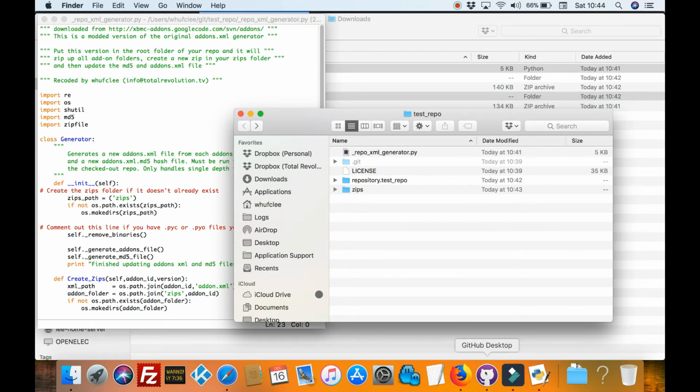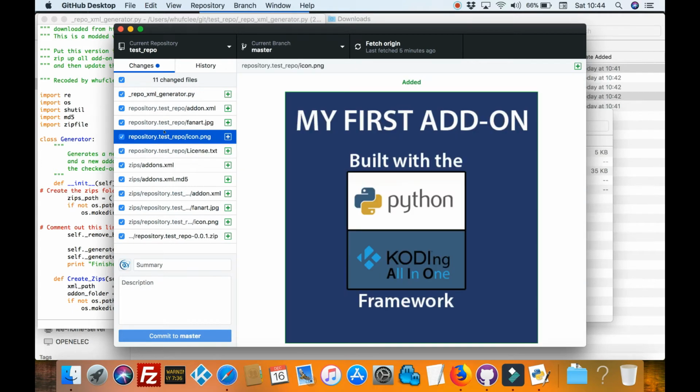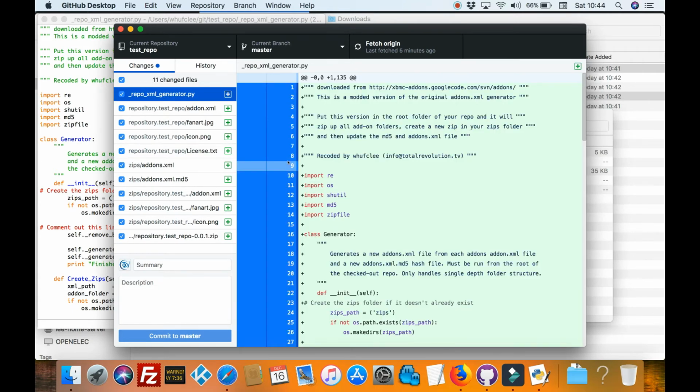Go back to your GitHub Desktop, and automatically you can see all these files that have been added down here. You can click on them. It shows you what's inside them, any changes that have been made, etc. So this is our first real push. All you need to do is click in the summary box, and we're going to do something like initial repo upload, and I'm just going to leave the description blank, but the summary you can't leave blank. You need to put something in the summary,